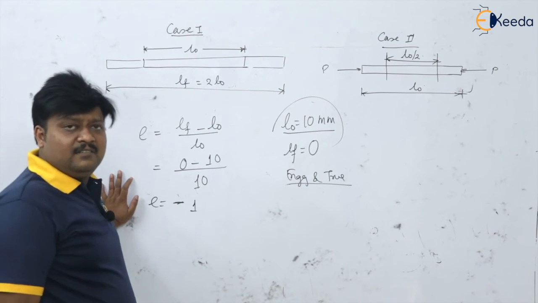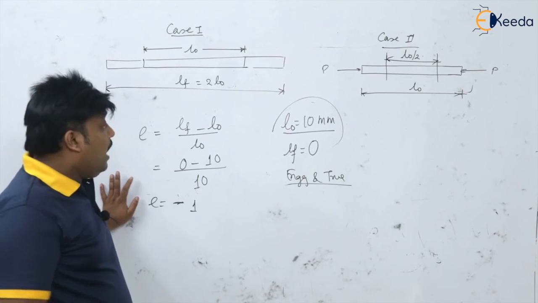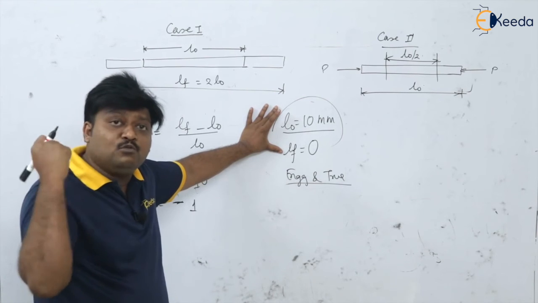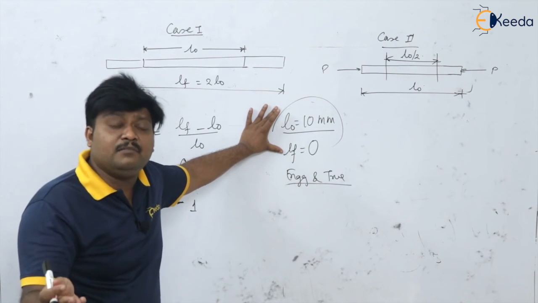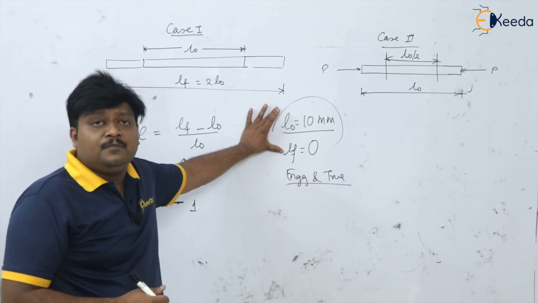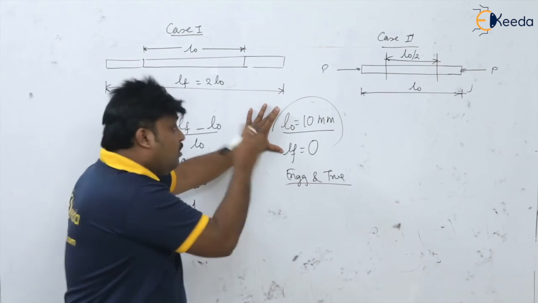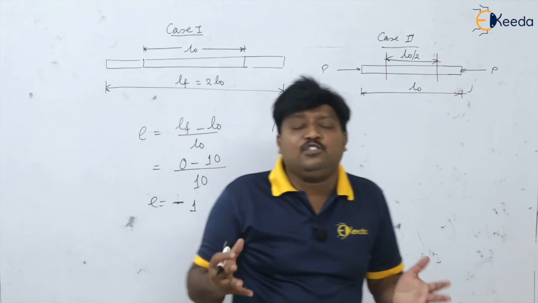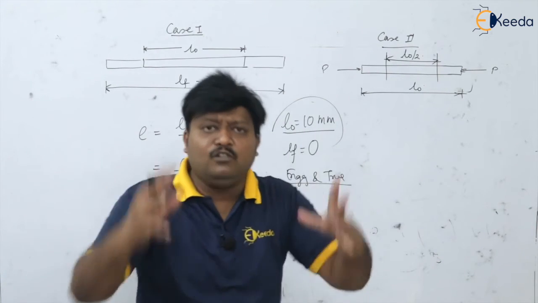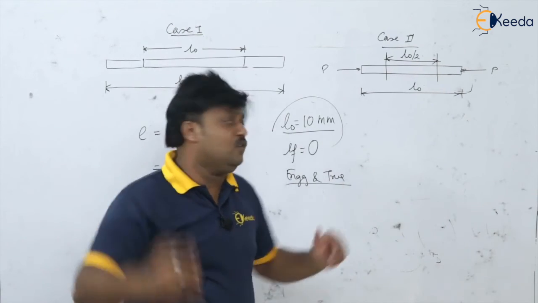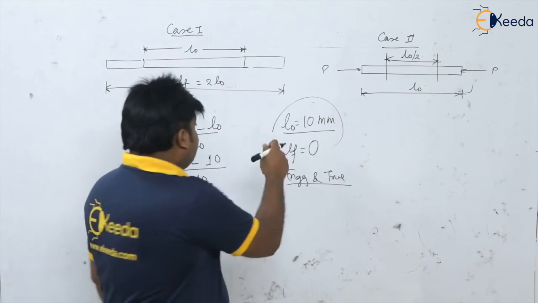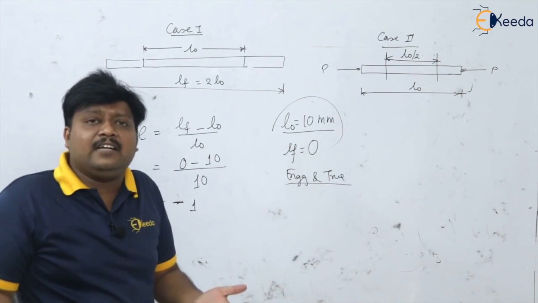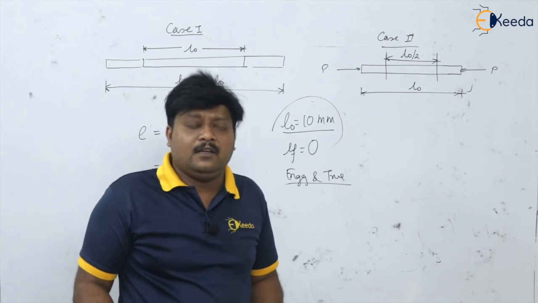But is this correct? I am deforming the specimen directly from a certain height to no height. Tremendous deformation I am having in this material. Huge amount of working I have done on that material, then it comes to 0 height. So how much strain should be induced in the material? Of course it should be infinite. A huge amount of strain should be induced. But the engineering strain is just showing a strain of negative 1.